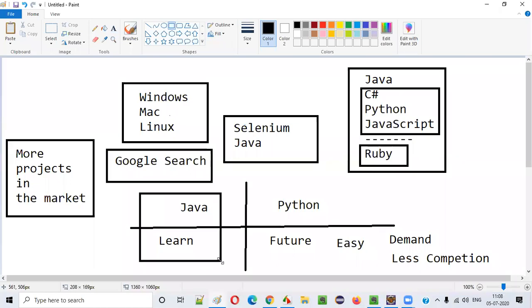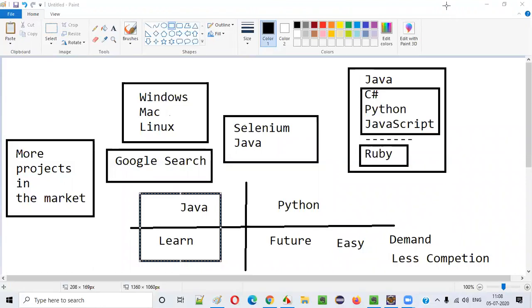If you learn Java, you will become completely perfect in Selenium, and you can get an opportunity to work on automation projects if you are already working in a company. Here you will get all the solutions; you will not be stuck, guys. If you start learning Python, you may get stuck somewhere and may not get some advanced solutions. But with Java, when you Google search, all the solutions for your problems will come, and you will also get the latest versions at the same time.